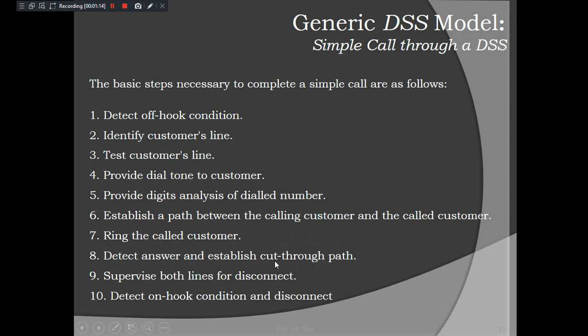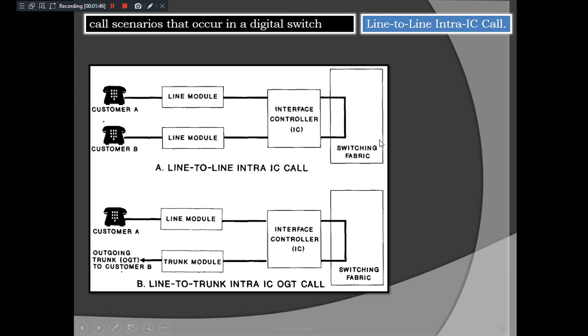We send a small AC current through the sleeve line of the 3-wire line until we identify that one of them has stopped talking. Then we disconnect the supervisory operation, that is, disconnect the established call. Then detect on hook condition and disconnect. These steps are the important steps. We have already seen them in the connect and disconnect parts of the call model, starting from the beginning supervisory operation. There are different varieties, so we'll see them one by one.